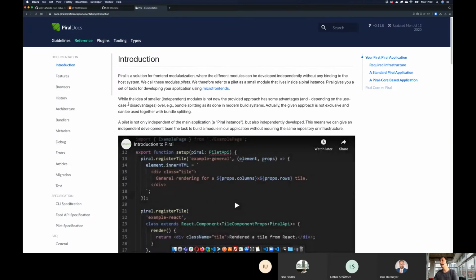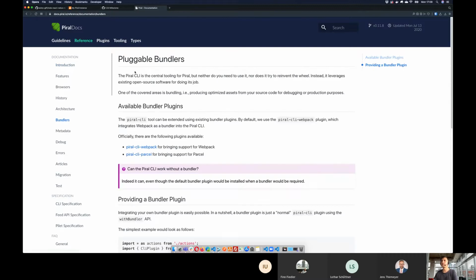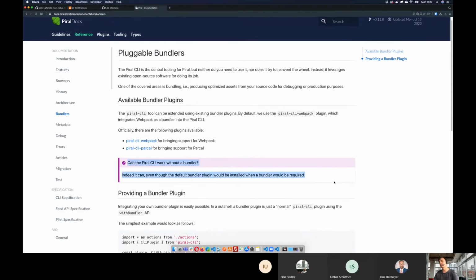Good. The other thing to mention is on the reference, right? So we have at the moment already some new topics in there, but again, we will consolidate that. So for instance, we have a little bit about the pluggable bundlers, but again, that will potentially be made a little bit more streamlined and beautiful. And here you can see, for instance, one of the new